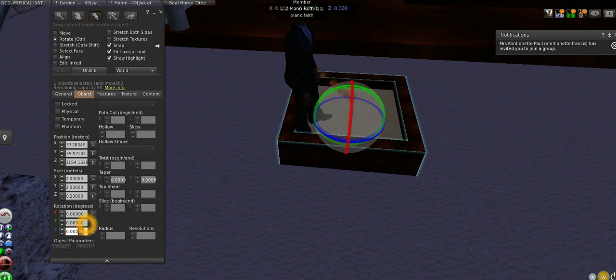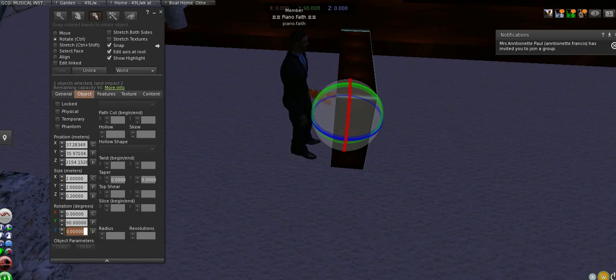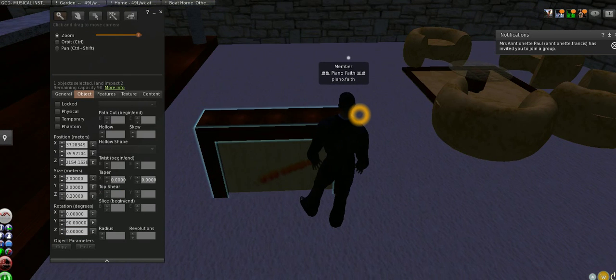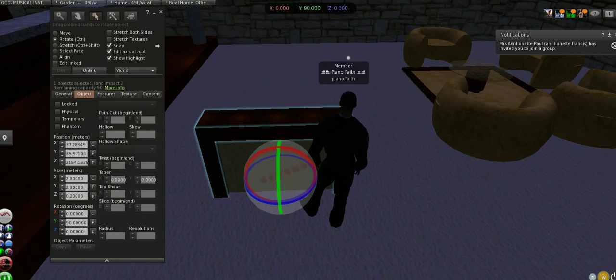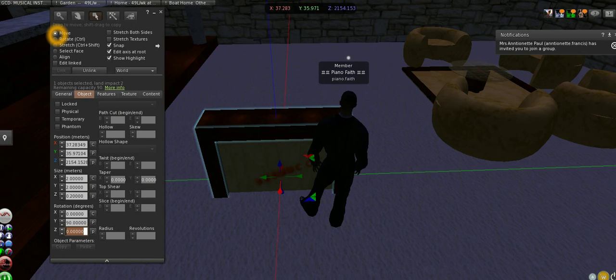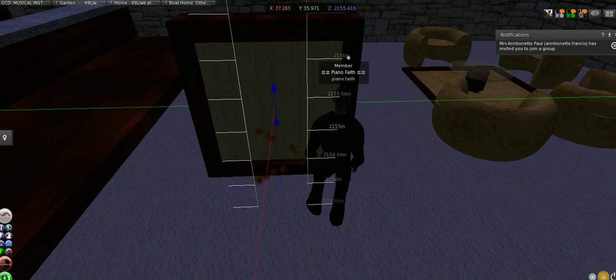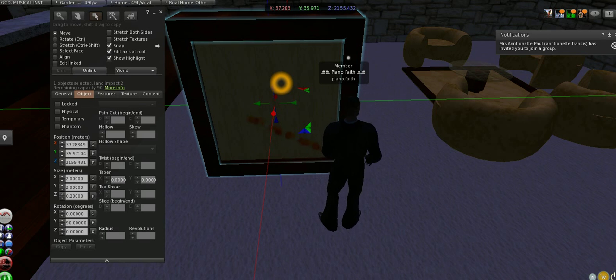So I'm going to go down to the bottom where it says rotation, and where it's got 0.0, I'm just going to type in there 90.0 to rotate 90 degrees and press tab, and that's rotated at 90 degrees for me. At the moment half of it's in the ground, so I want to raise that up. So click on move, and then I'm going to use the blue drag arrow to drag that up. So now we've created our